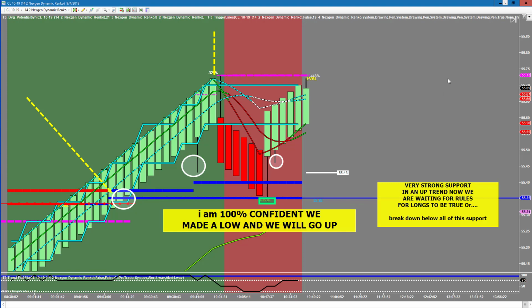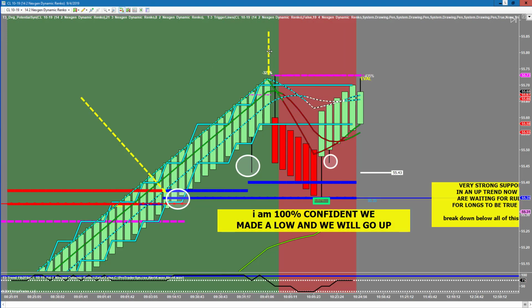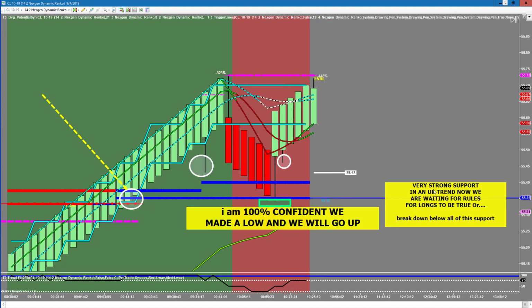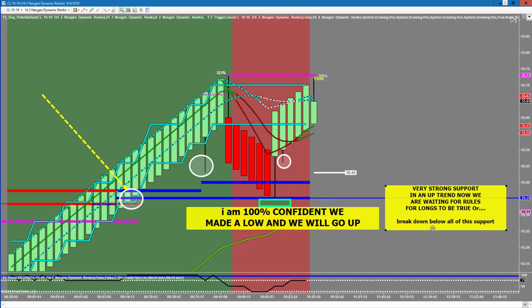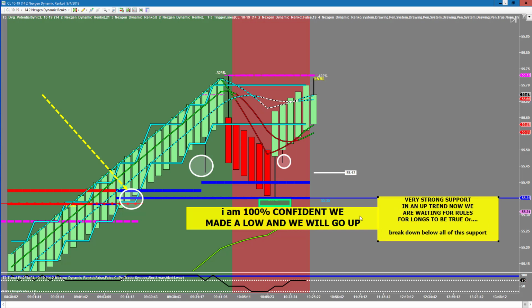Do you guys understand this? It's not my job to tell you what your plan is. It's only my job to create the software and teach you how to read it. Can you guys see why at Fibonacci support, without any triggers breaking through, people start to get antsy, and again, I wrote it on here, very strong support in an uptrend. So we're waiting on rules to be long to go long. Or a breakdown, which I doubt was going to happen, but